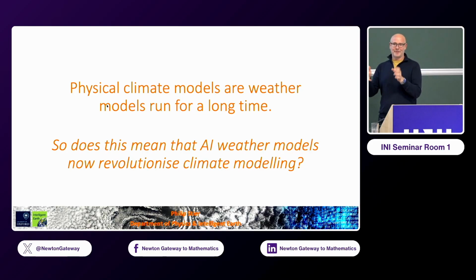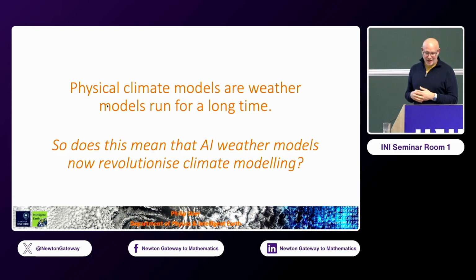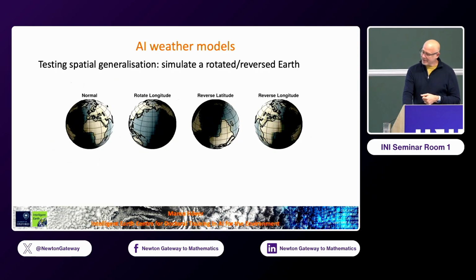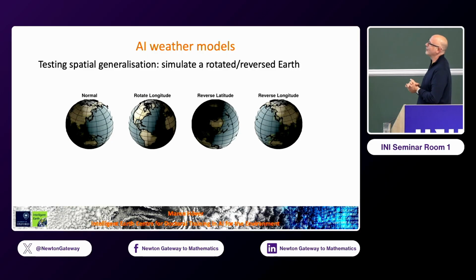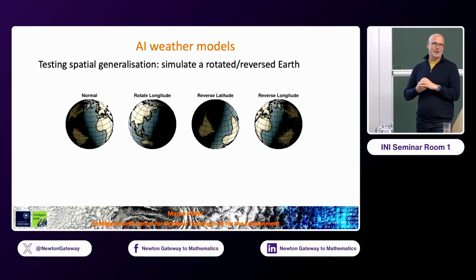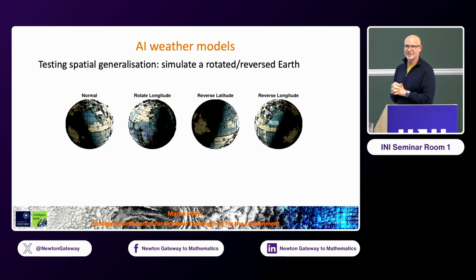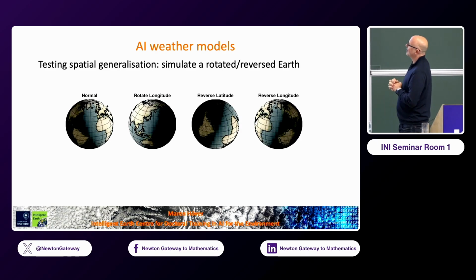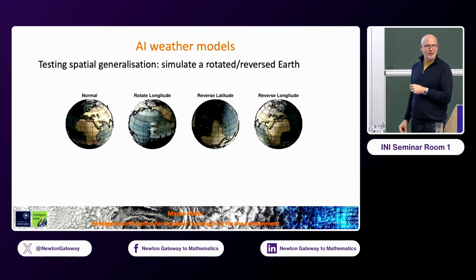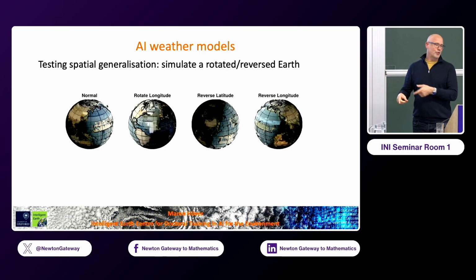It's a state-dependent feedback. You won't find it in your training data necessarily, so it's quite difficult. So how well do these models generalize? This is actually a nice illustration from one of our Intelligent Earth students, Maren Höfer, who worked with Milan Kluver to do a very simple test for a hybrid weather and climate model, the neural GCM model, and